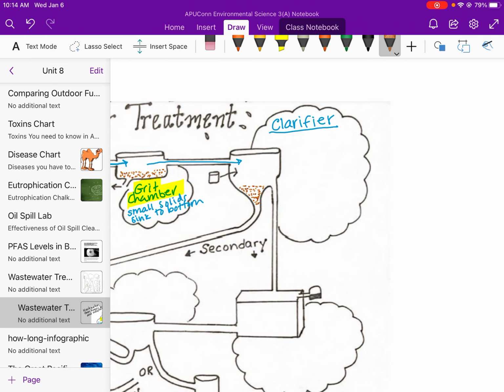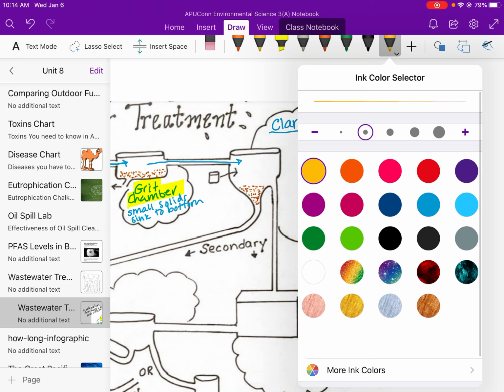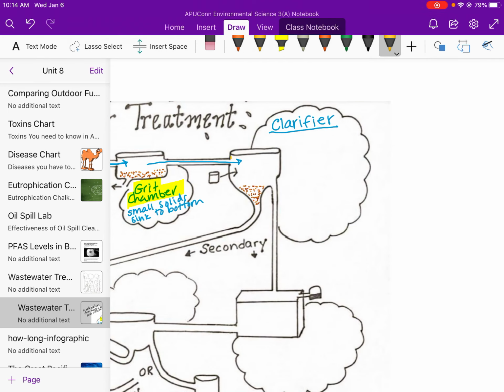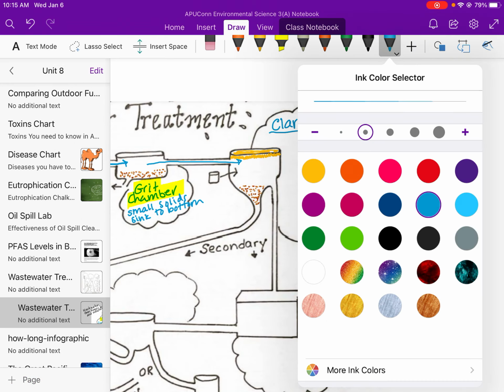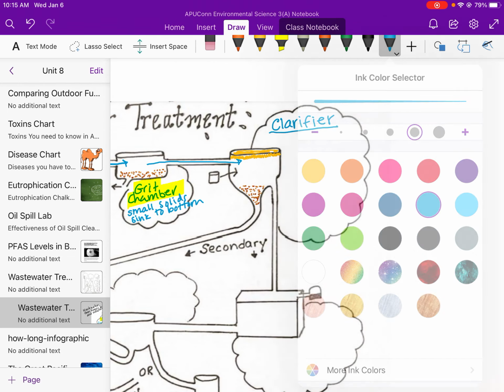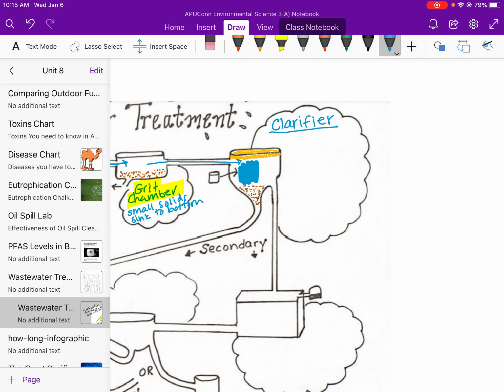So we get solids down here. We get, I'm going to put it in yellow up here, fats and oils that are lighter than the water, so they're less dense. They end up at the top. It's up here. And then in the middle,